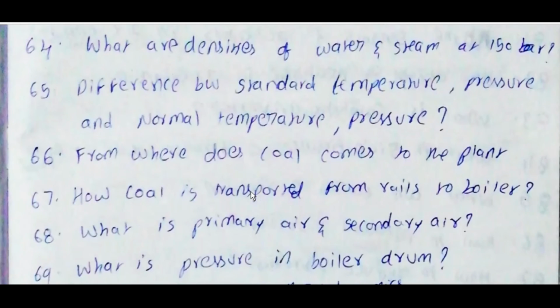Difference between standard temperature and pressure and normal temperature and pressure. Standard temperature and pressure, STP: T is equal to 0 degrees centigrade, 273.15 Kelvin or 32 degrees Fahrenheit. P is equal to 100 kilopascal or 1 bar, set by IUPAC. NTP, normal temperature and pressure: T is equal to 20 degrees centigrade, which is 293.15 Kelvin or 68 degrees Fahrenheit. P is equal to 101.325 kilopascal or 1 atmosphere. Normal means 1 atmosphere, 20 degrees centigrade. Standard means 0 degrees centigrade, 100 kilopascal.